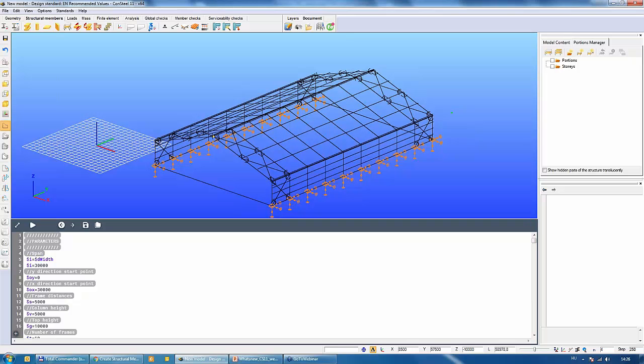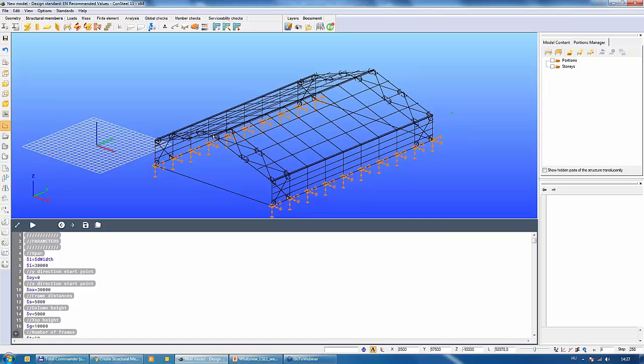We have some new standards. For example, the complete Italian code is implemented, and we have implemented the Spanish seismic code also, and the new Eurocode national annex is also implemented, and we have some new maps for wind velocity and seismic ground accelerations, etc. So there are several minor new functions, but now I would like to show you and